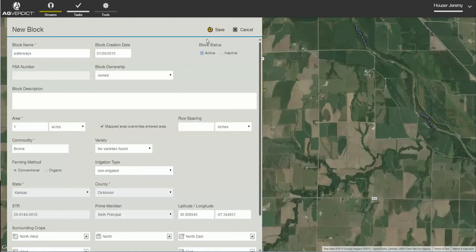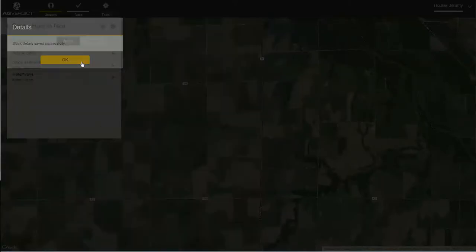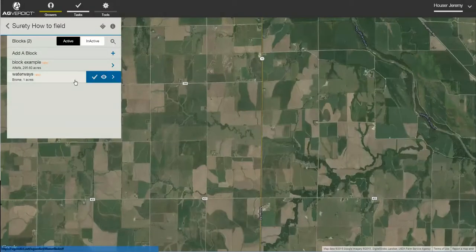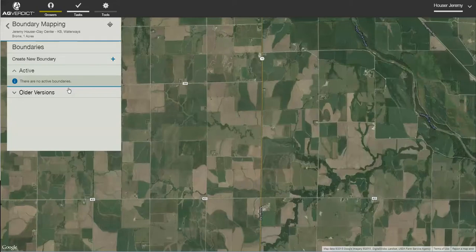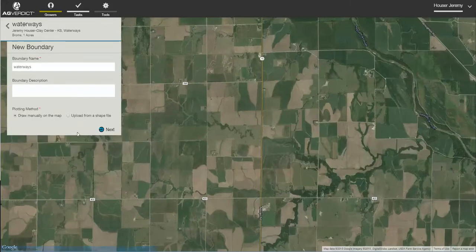Now, everyone may find other uses for this tool, and I know a lot of guys don't necessarily have waterways and things like that. However, showing off the capability of this tool to autofill is where I'm really headed. So I'm going to go ahead and open my waterways field, go to my boundary, create a new boundary, and not select the shape file upload. I just want to do the manual draw here. Hit next, open this guy up,